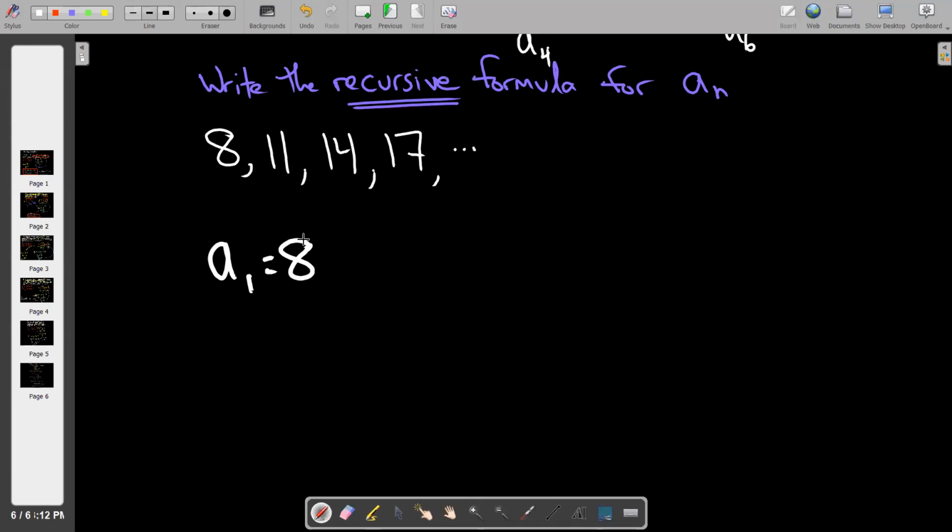We also have to tell them how the sequence behaves, and it will look like this. Any term is equal to the term that came before it plus 3. Would you agree? I mean, if you can't figure out that 8 added 3 makes 11 and 11 added 3 makes 14, you and I probably have some much different fish to fry, right? But you can see once you identify that the behavior is arithmetic plus 3, then all you got to do